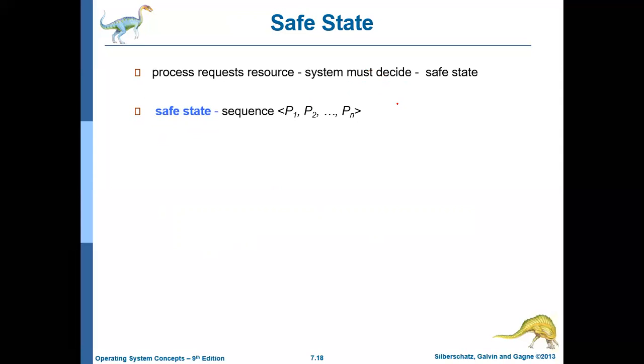So the system is said to be in a safe state if there exists at least one safe sequence P1, P2, ..., Pn, where P1, P2, and so on are processes, such that for every process Pi, whatever resources it is going to request in the future can be